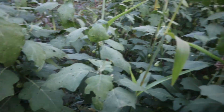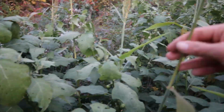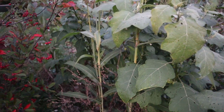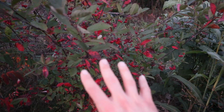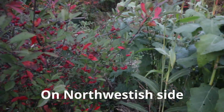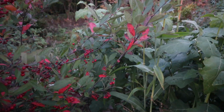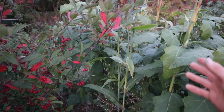These are managing quite well. So the Ethiopian eggplant branches out, and it helps to hold these sorghum plants in place, right? And it provides a safety net. And then you can also incorporate some more perennials into this system, where I have a red chokeberry here that provides a little bit of a windbreak to part of this, and some additional support too. So with bolstering the sorghum between that and the Ethiopian eggplant,